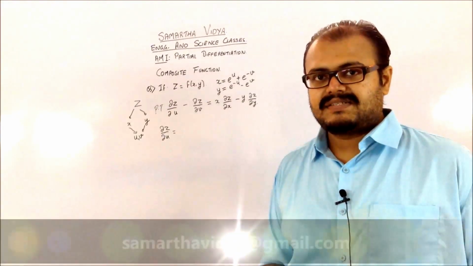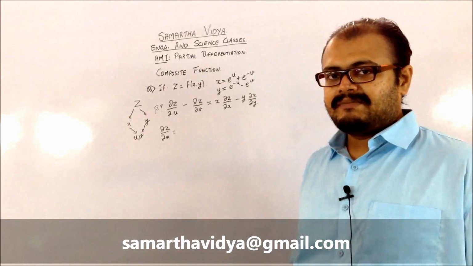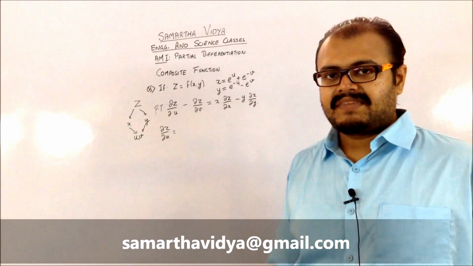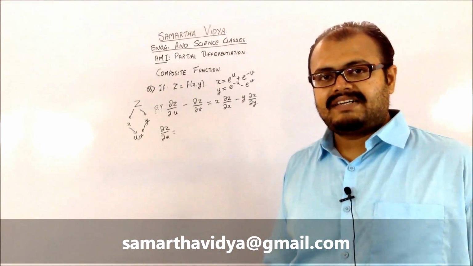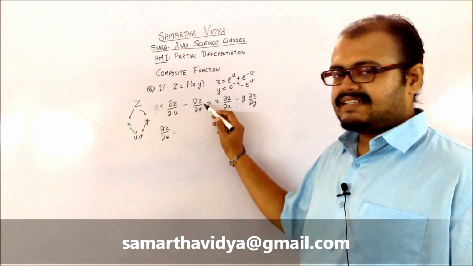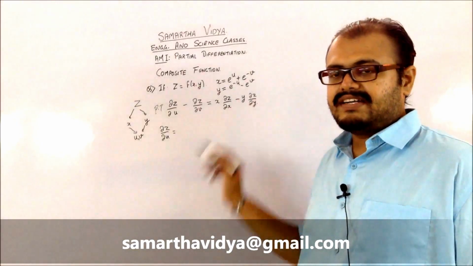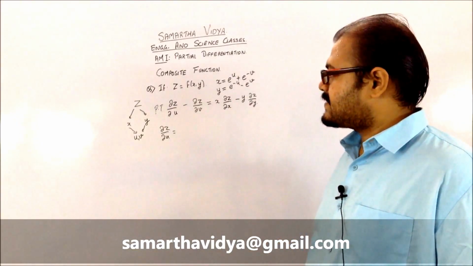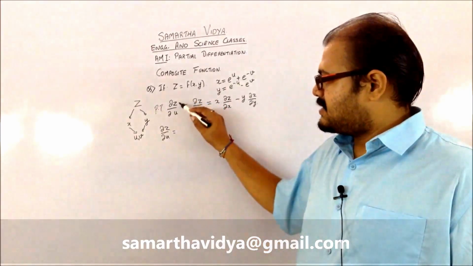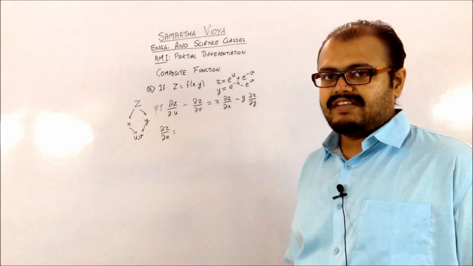So let's see some sums which are going to be based on it. Let us consider this particular problem which is given to me. My z is a function of x and y, and indirectly my x and y are functions of u and v, which are to be considered as independent of each other. I want to prove that del z by del u minus del z by del v is equal to x into del z by del x minus y into del z by del y. So in this case, if I consider the LHS part, you can see that you have to find your del z by del u and your del z by del v.